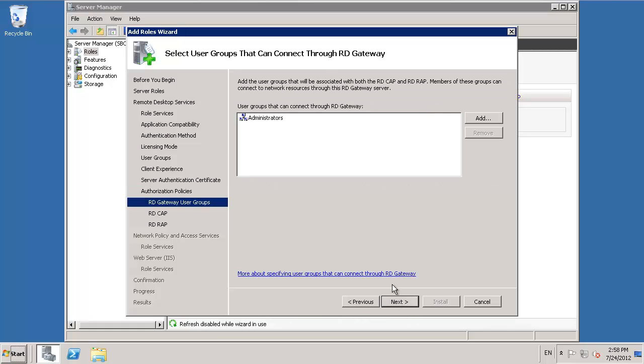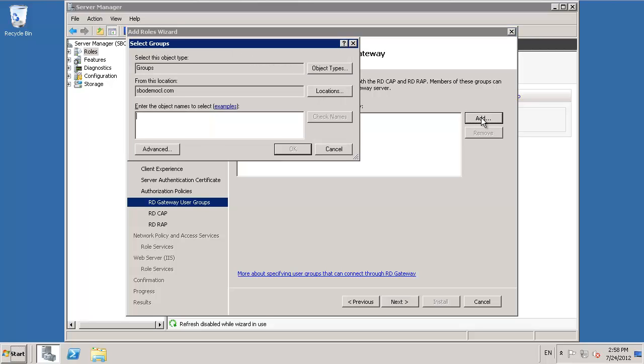I'm not going to get into the nitty-gritty details of all of this, but this is for the remote desktop gateway because you can potentially allow your users to access other machines on the network. Again, this is traditional Windows Server functionality, but I'm not really going to be too worried about it. But in this particular instance, I'm going to add my domain users to this group,